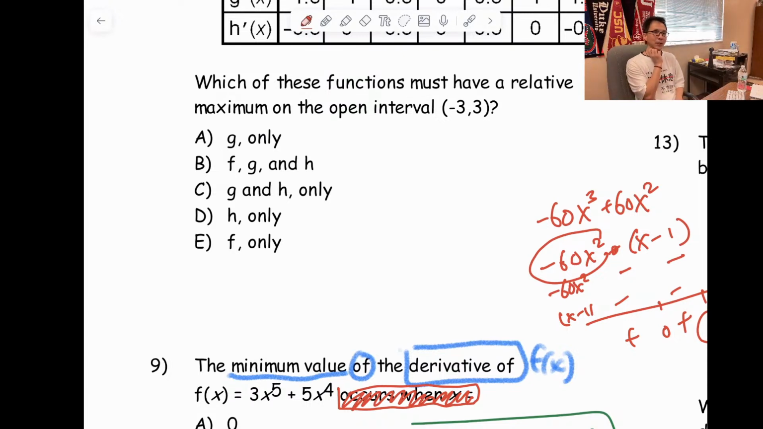Okay, why did I say people mess up this one? Because it asks for the minimum value of a derivative of f of x. So that means you have to take a derivative twice. If I ask for the minimum value of a function, you take a derivative. But here the subject is not the function, it's the derivative of f of x. So I need to take a derivative to find the subject first, which is f prime of x, and then take a derivative again